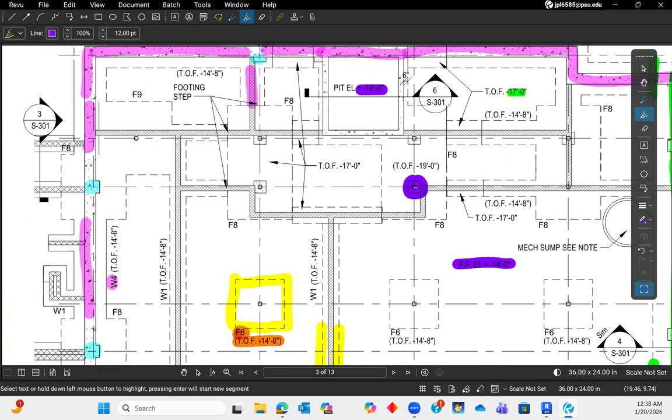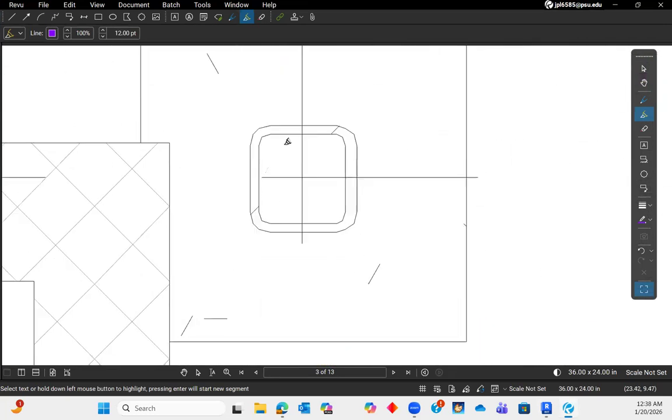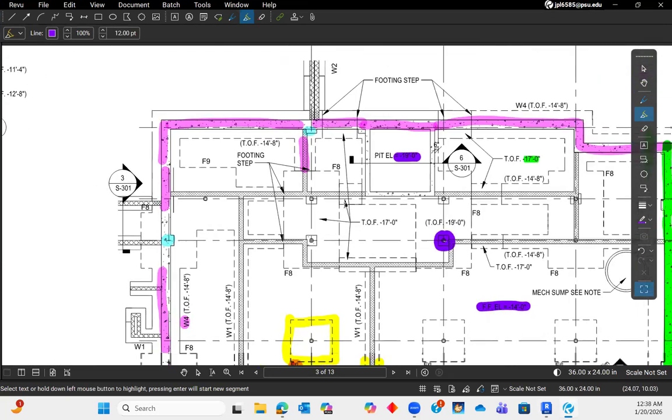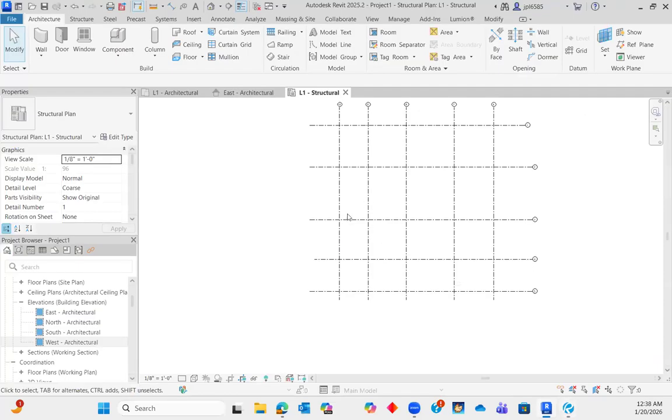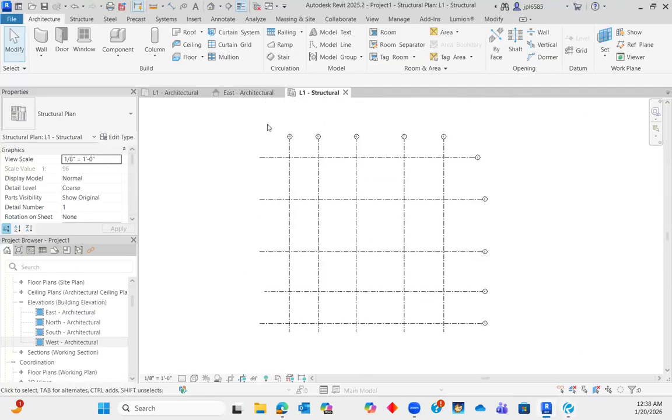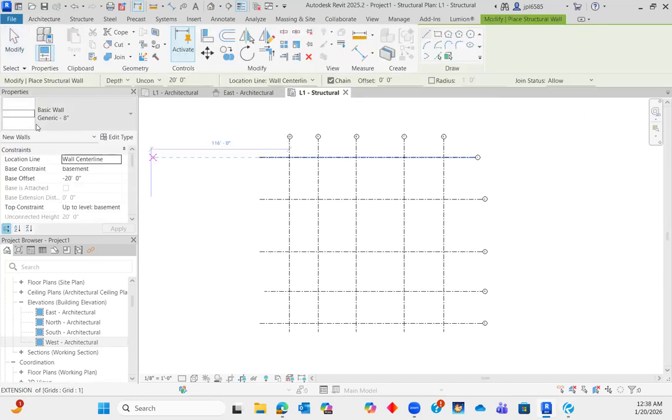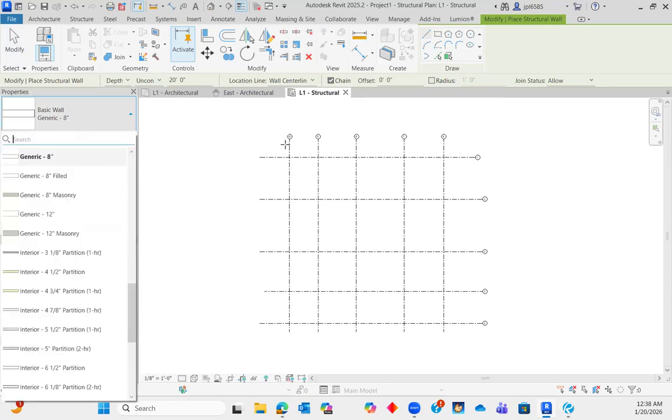Area plan. Yeah, you do not have to do the columns yet. So don't worry about the specific columns. Just worry about the piers. So the first thing that I'm going to do is the walls. So I'm going to go to wall, structural,